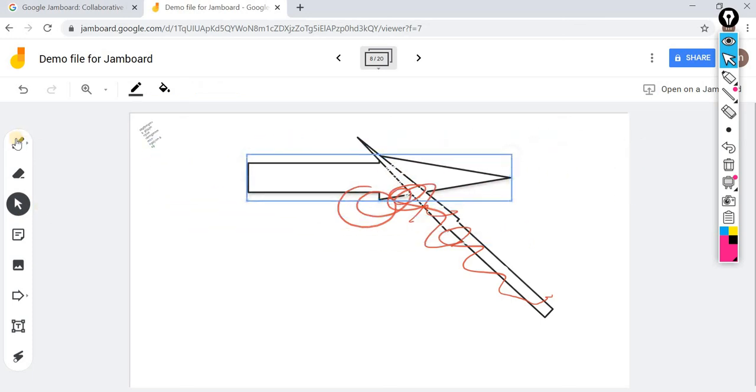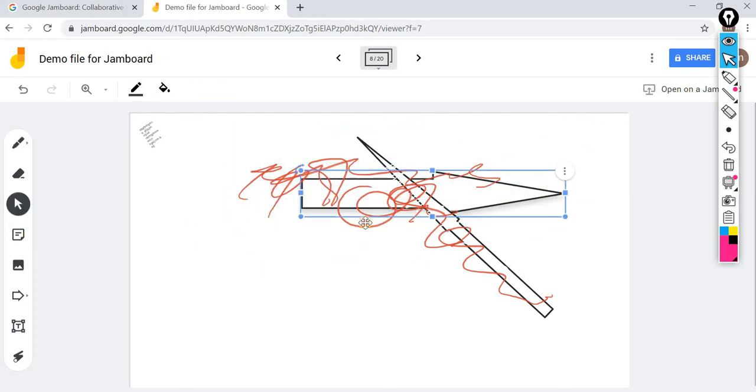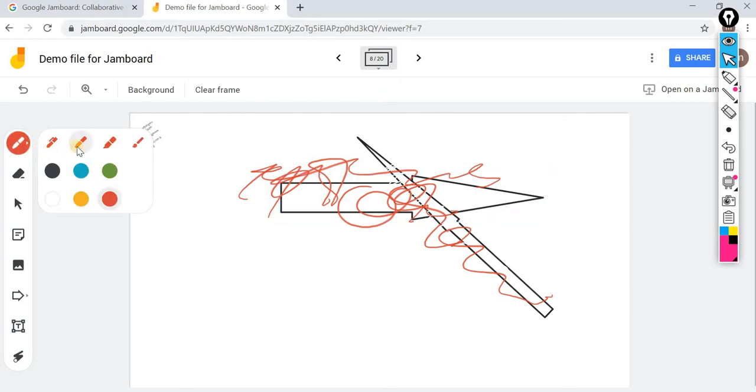So be careful. If it is on the pen, it will be writing. You can't do anything to this arrow, but if you want to change the direction of the arrow, you have to use this, and then you can do it. I hope you understood. I need not tell all these options and all these colors. It is a waste of time. This is for figures, this is for image, this is for sticky note, this is for selection, this is for eraser, this is for pen, and this is for laser light.